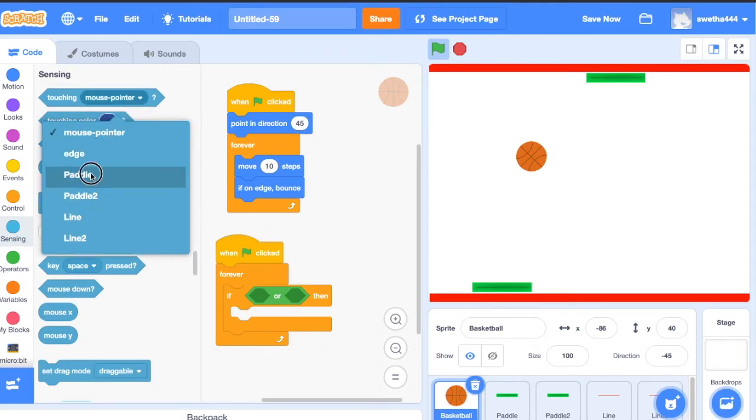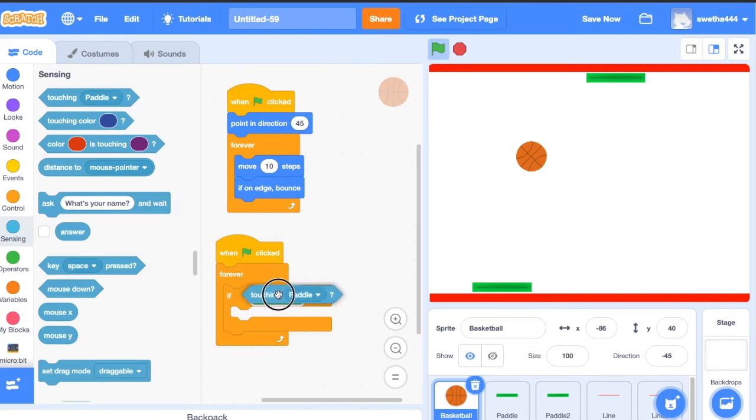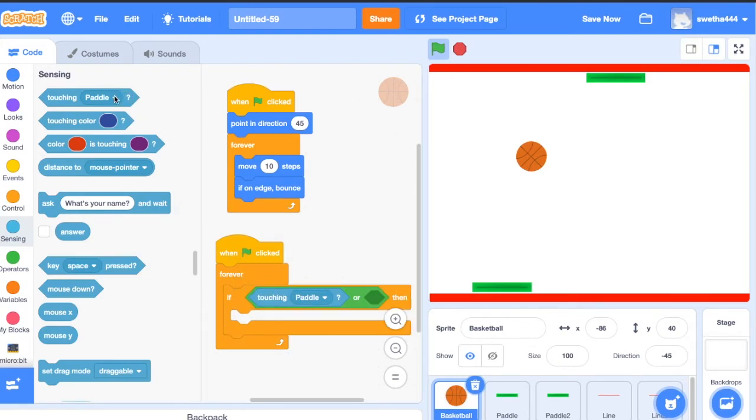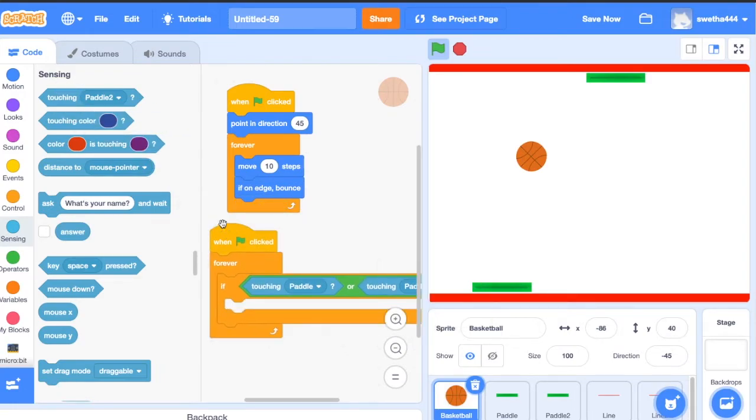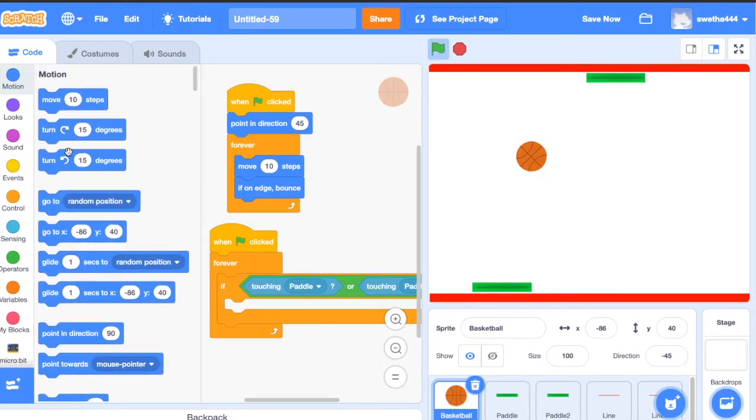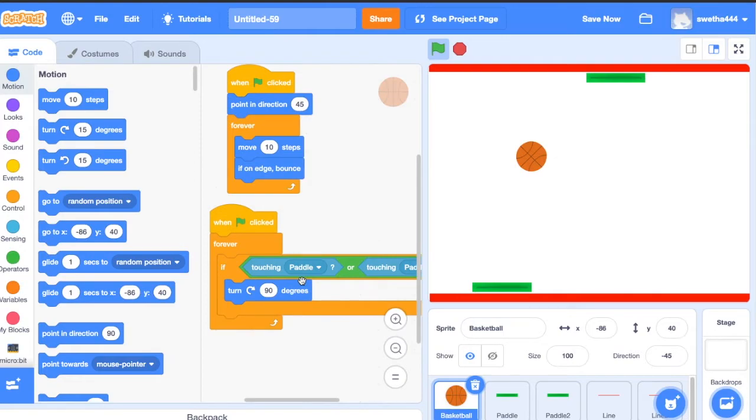If the ball touches paddle, or if the ball touches paddle 2, any of this, then click on motion. Let's turn the ball 90 degrees and continuously it moves 10 steps forever.